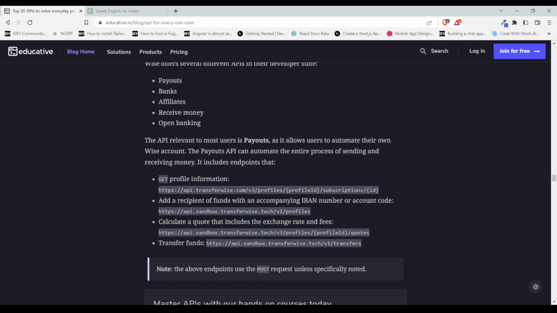The API most relevant to most users is payout. It allows users to automate their own bank accounts and payouts. The API can automate the entire process of sending and receiving money, including endpoints that